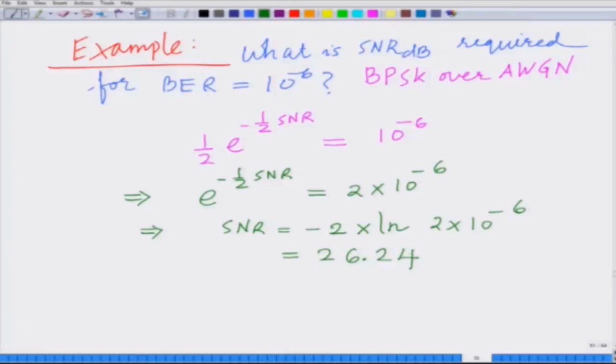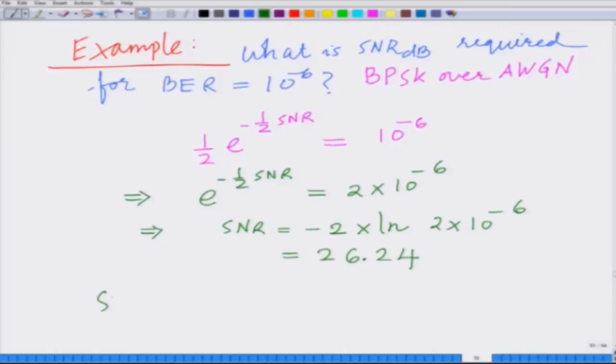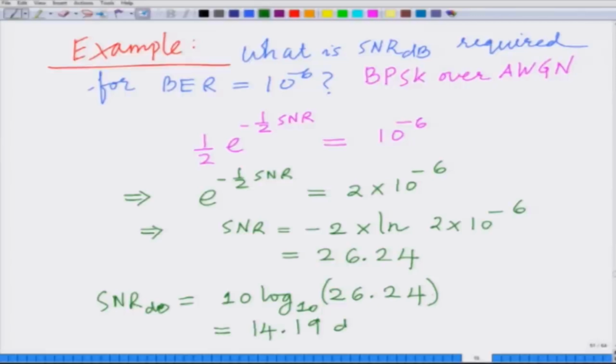So, the SNR required is 26.24. The SNR in dB is 10 log to the base 10 of 26.24, which is 14.19